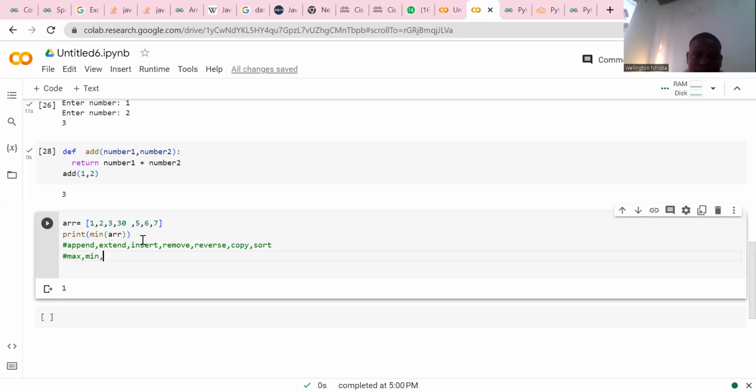the minimum, the sum, the average. Do you have the average? Can you just say, let me try to check the average. I think average. I don't know. You have to search for your own. Maybe it has been added. But these are